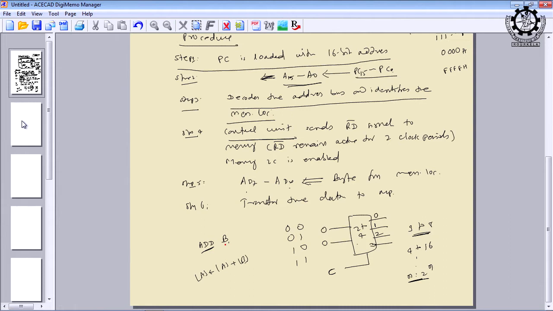And what is the corresponding code? In the last class lab we have seen for ADD B, what is the code? Hex code 80. So, 80 is treated as the opcode, but 80 means what? 1000 and 0 means 0000, 8 bits, but initially it is treated as data by the microprocessor, and once it comes to the microprocessor it will interpret. There is an interpretation logic available, right. Once you know it is an opcode, then its processing will be different, and if it is data, its processing will be different. And who is going to process? It is the arithmetic and logic unit. Okay. So, this is the memory read operation.